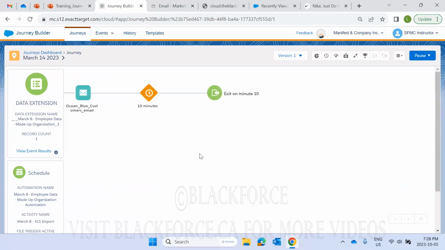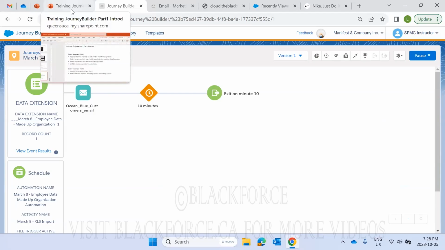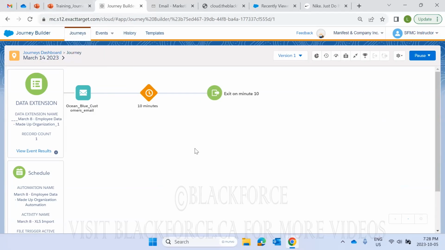Okay, let's talk about journey settings. So remember what we talked about in the slides. When you're building a journey, or before you even build your journey, you need to have your plan in place. A key question you have to answer in that plan is, should people be able to re-enter this journey? That question depends on the purpose of your journey. So